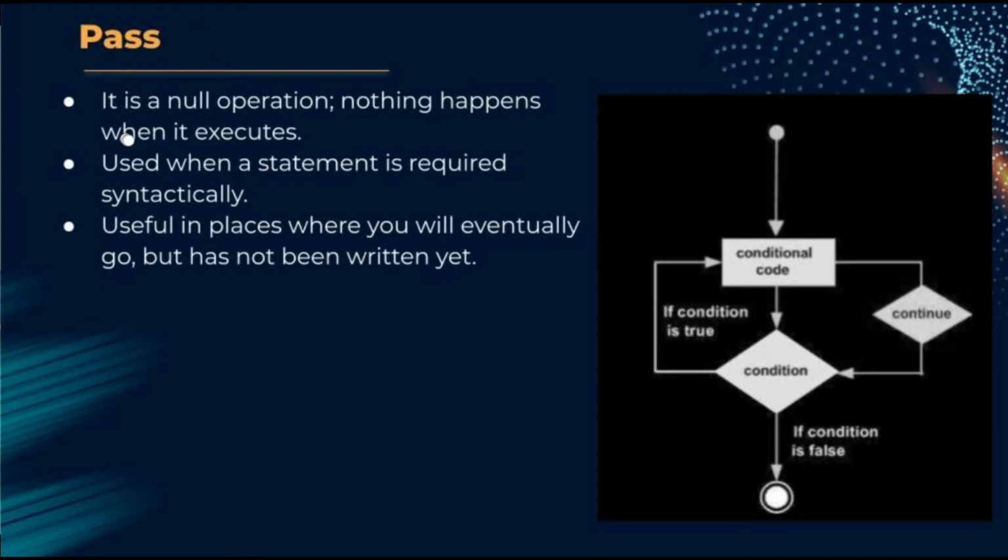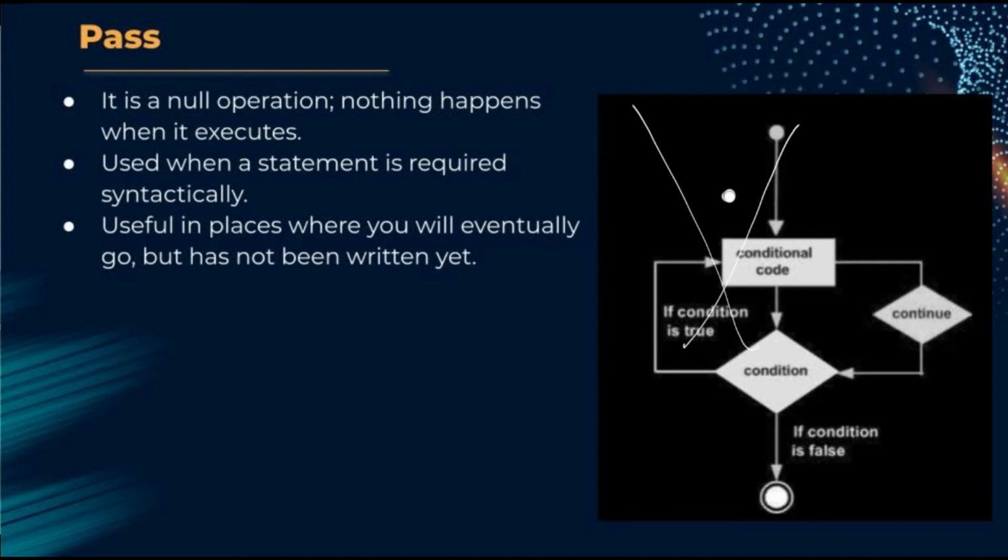It doesn't actually control anything. It is like a null operation, because when we execute the pass statement, nothing really happens. The pass statement is used when a particular code is syntactically required, but it does not do anything. So the pass statement is basically used at places where you need some code structure now, but you will specify its implementation later. If we just write the pass statement over there, then there will be no syntactical or runtime errors raised because of the missing implementation code.